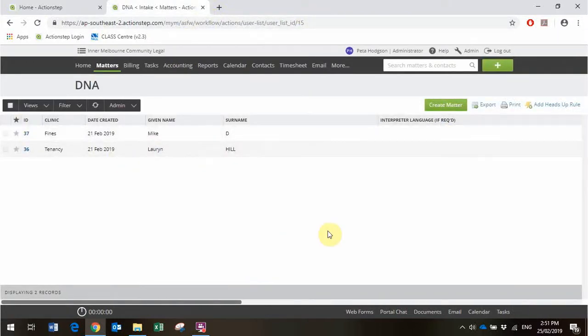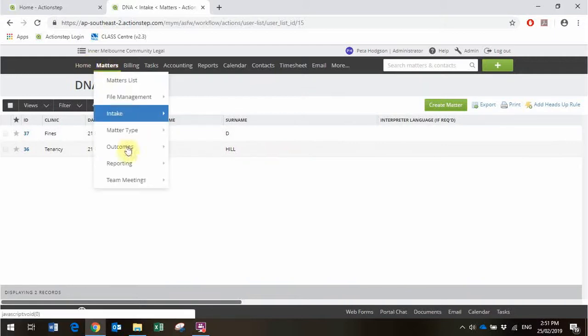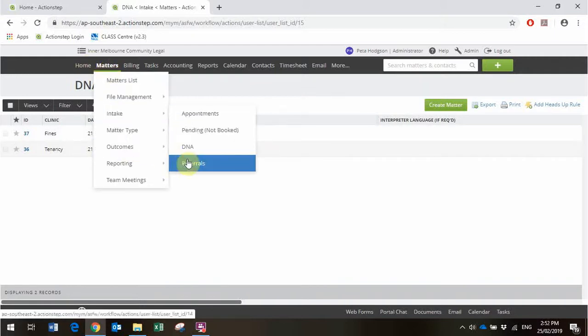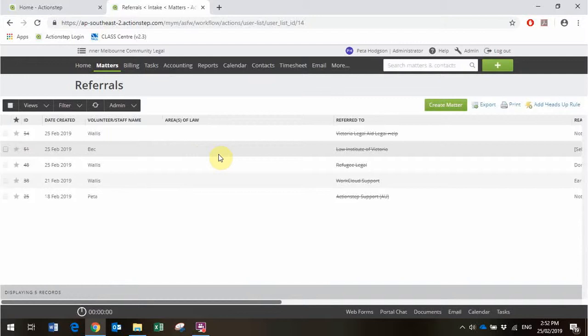Did not attend, again, I'm only sitting here for 90 days. Anything older than that, we'll do another intake because it's probably out of date if they're calling past even 60 days, I reckon. So in referrals here, you can see that lovely,